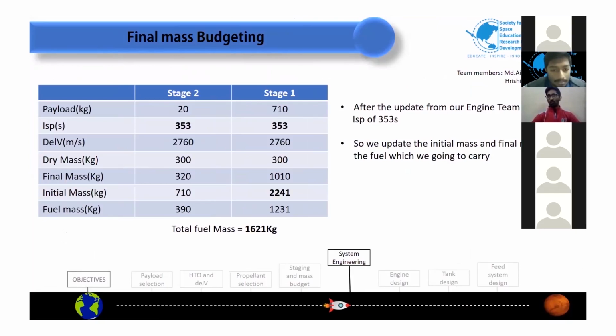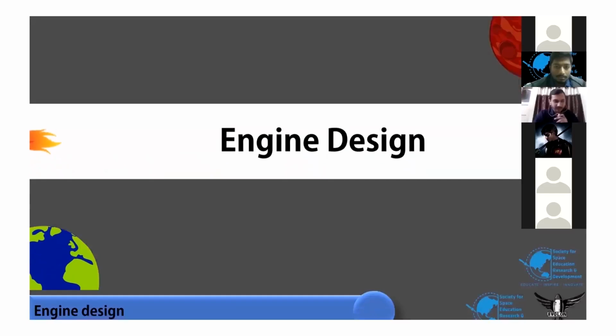That gives us the nozzle efficiency of about 92%. So that is the final mass budgeting of our mission. And from here on, the engine design team will take over. I would request Kayu to explain the part. Thank you, Itesam. Okay,